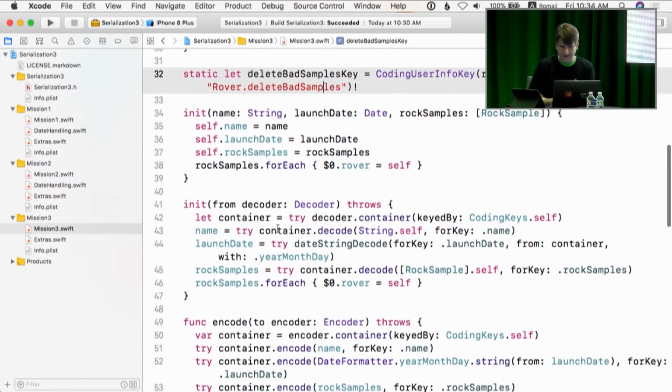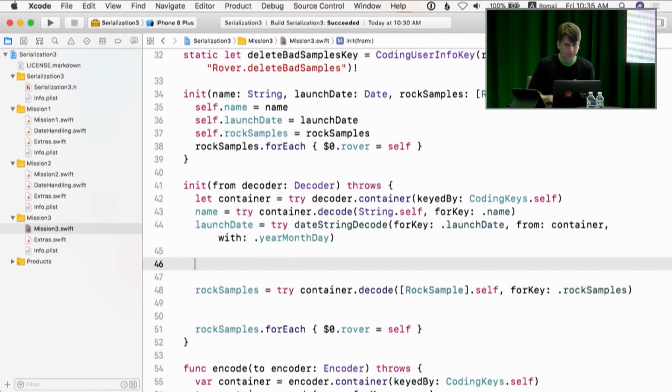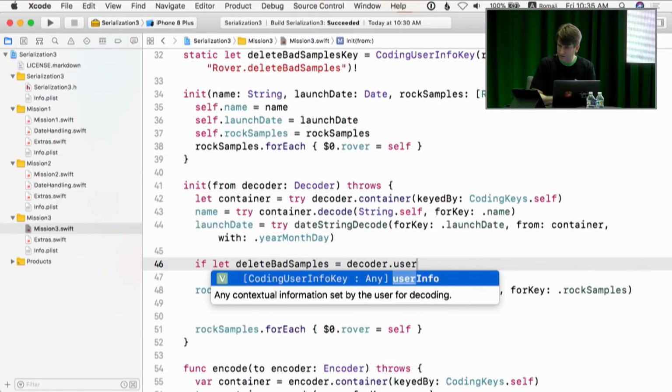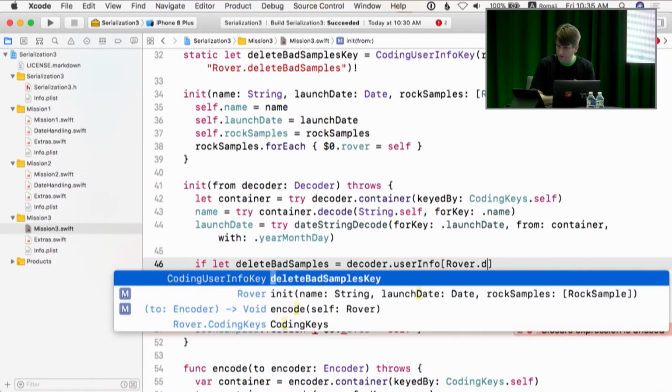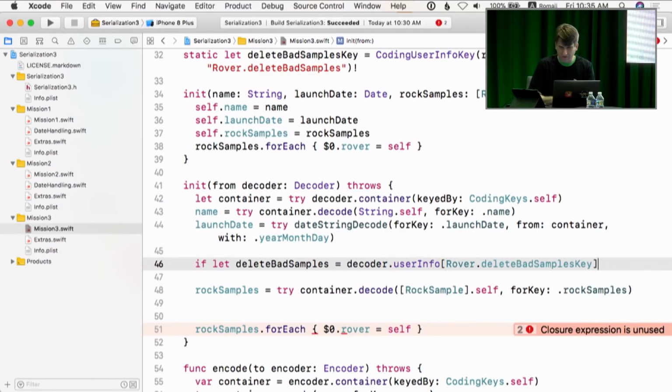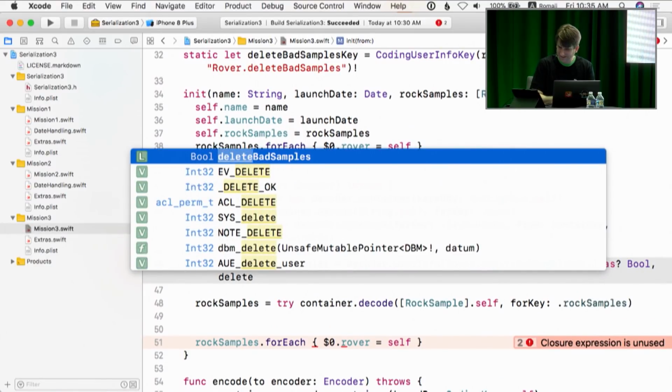Now we have to actually do something with that key. So in our initializer, when I go and get the rock samples, I want to know first which mode we're in. So right here is where I'm getting the rock samples. I'm going to say if let deleteBadSamples equals decoder.userInfo, and so that's the user info that's inside the decoders and encoders. And I'm going to use that key that I made, so Rover.deleteBadSamplesKey. So if that exists as a bool, and that bool is true, deleteBadSamples,